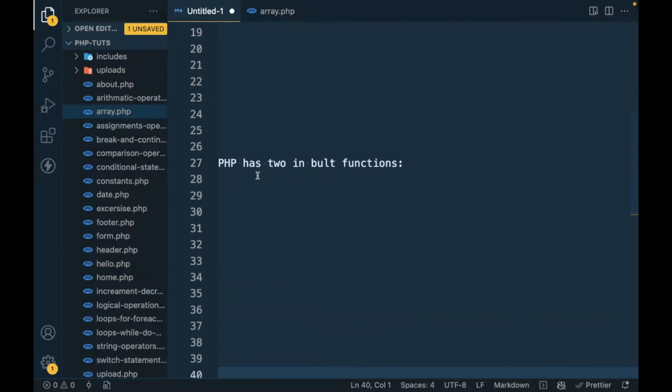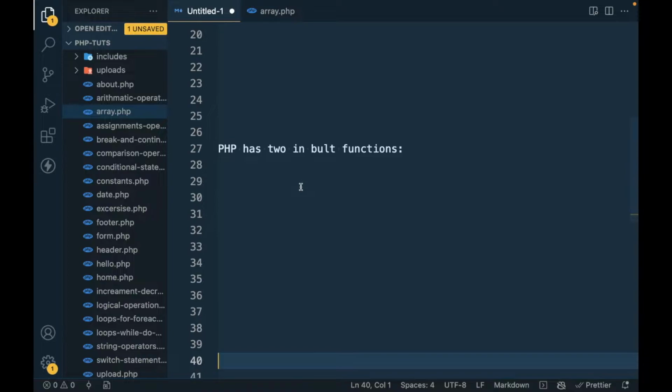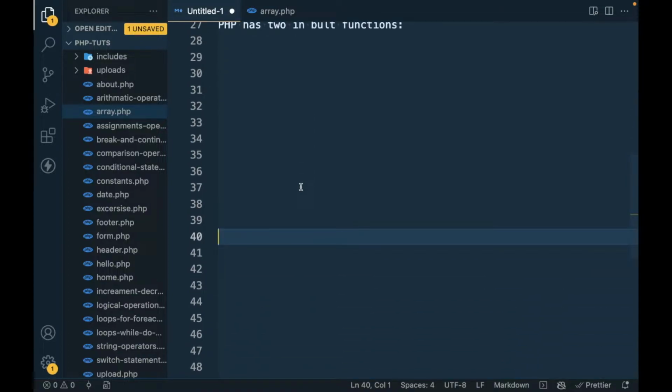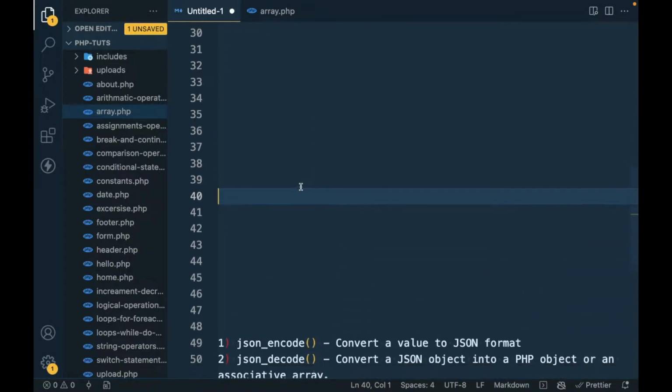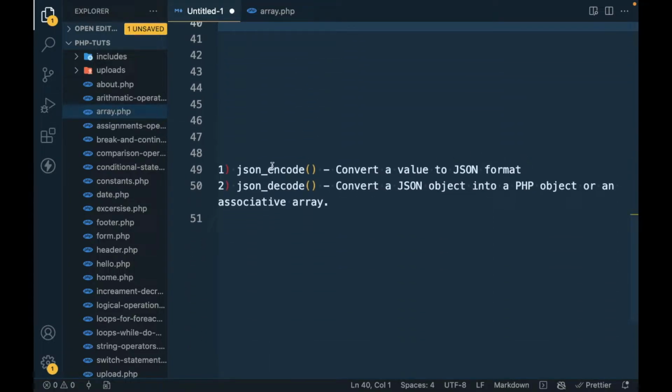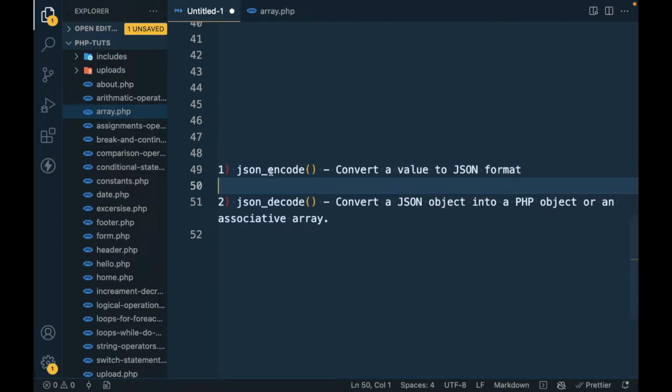And PHP has two built-in functions to handle JSON. So let's see one by one. So two functions. One is JSON encode, which will convert a value to JSON format, and another one is JSON decode, which is reverse to JSON encode. So first let's see JSON encode, and